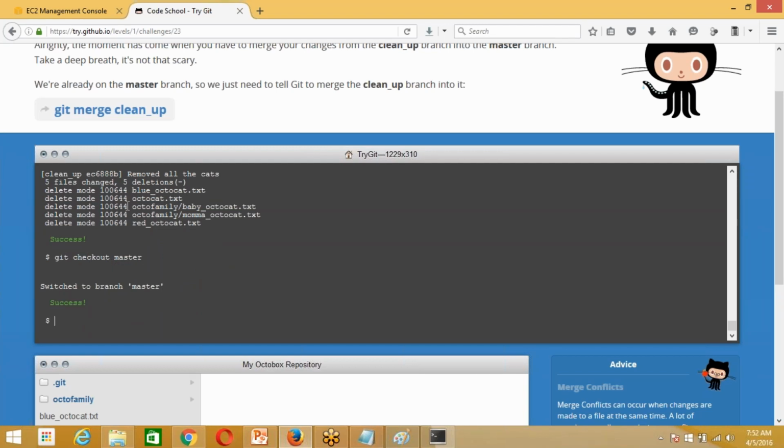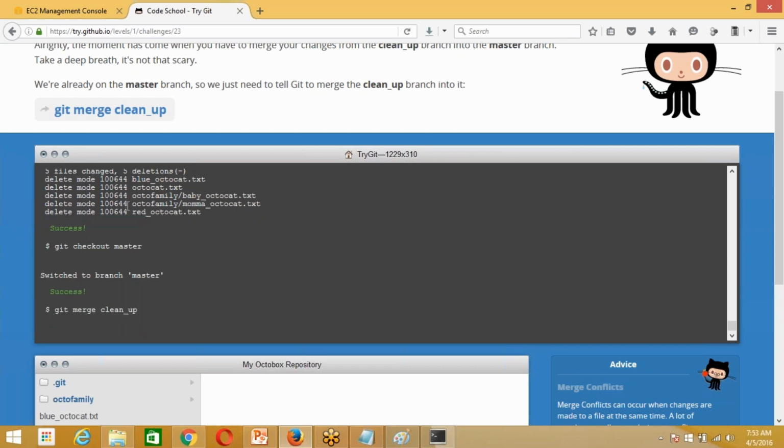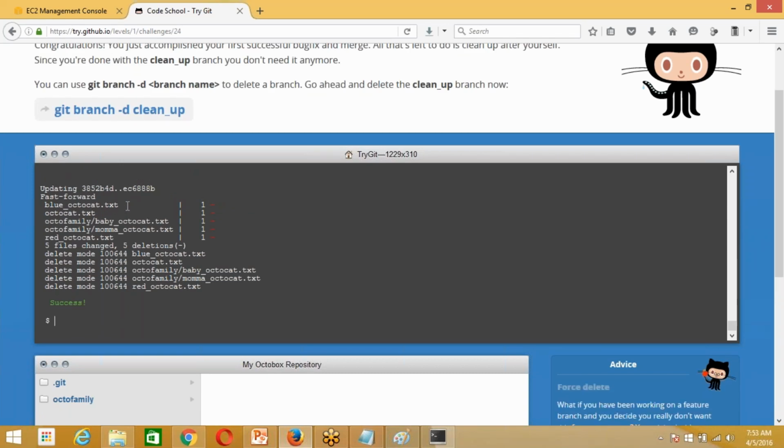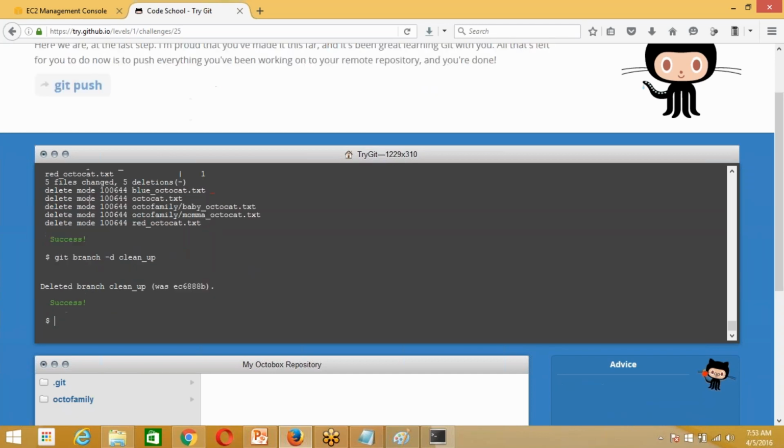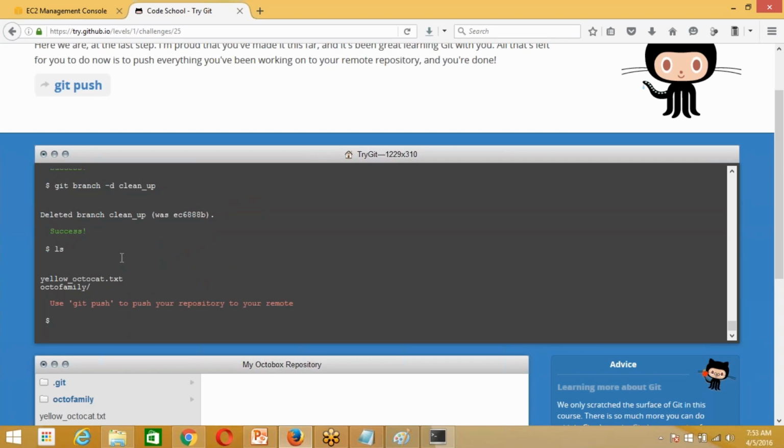Now, if you remember, we have two branches. One is origin and another is our own master. We are going to merge them in a later command. So all the things have been cleaned. Now if you see, we have nothing actually.